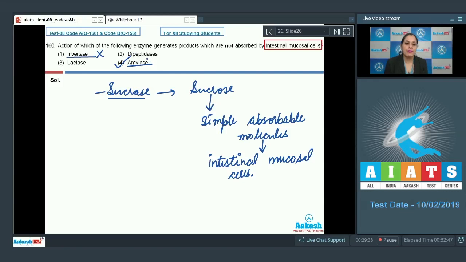The sucrase, dipeptidase and lactase are brush-bordered enzymes present in intestinal juice, and these are also incorrect options